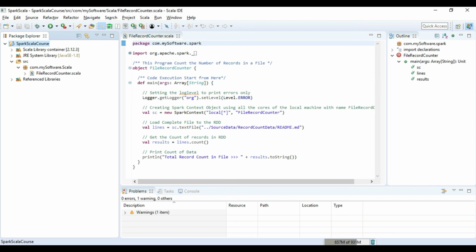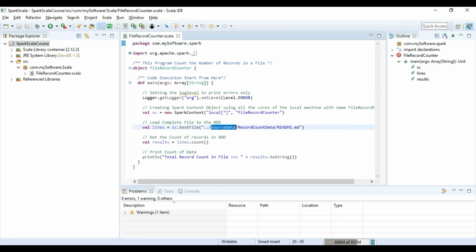In this program we have a data inside the folder C, Spark Scala, and then inside that we have source data, then we have record count data and readme.md. Readme.md is the file which we found during the Spark shell execution.